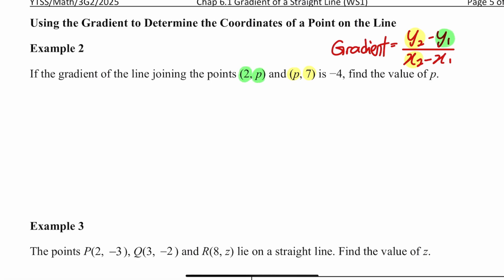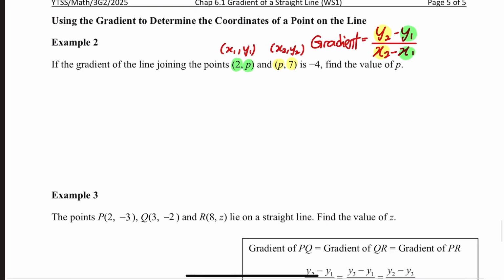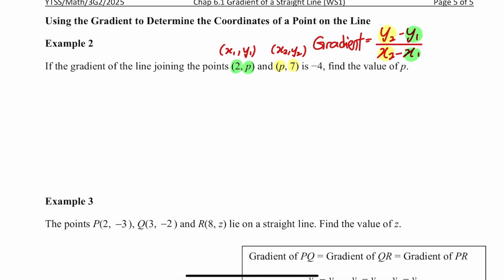My x1 here is 2. If I find it hard to visualize, I can write this down in small size for you. This is x1 comma y1. This is x2 comma y2. So if I were to find the gradient, this means 7 minus p